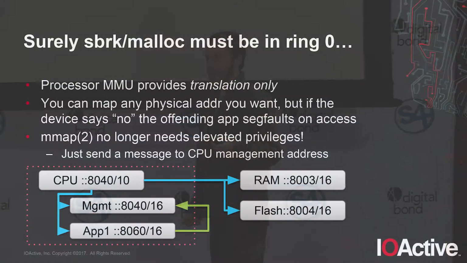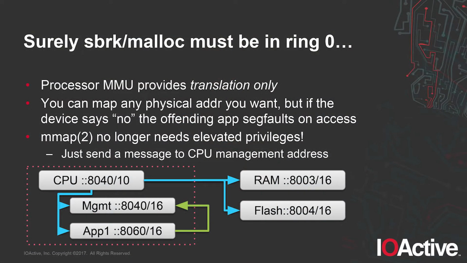And so we can do this all the way down to the memory controller layer. If we have the memory controller aware of which pages are free and which pages are allocated, and at the page level, mind you, there's not really that much that has to be done. This means we don't have to worry about protection in the processor MMU anymore. You can mmap anything you want, and if you try to mmap a page that you don't have permissions to, nothing happens. You've just got a new entry in your page table. You're not using it. As soon as you dereference that pointer, you segfault if the peripheral says, I'm sorry, Dave, I can't do that.